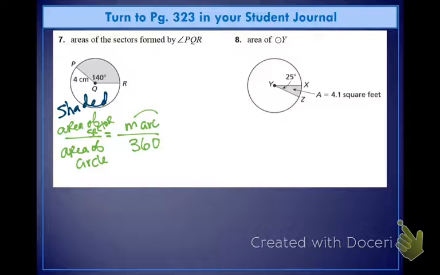Do we know the area of the shaded? No, you don't. You're looking for it. It says find the area of the sectors. The sectors are the shaded and non-shaded areas, so you don't know it. Over the area of the circle. So we're going to go over here. Area equals pi times r squared. What is r, our radius here? 4. So our 16 pi equals